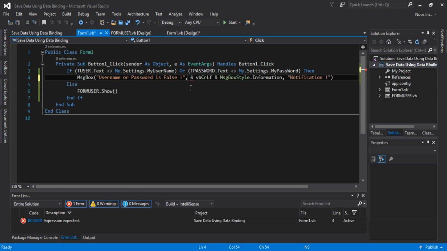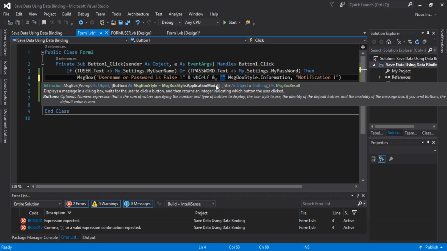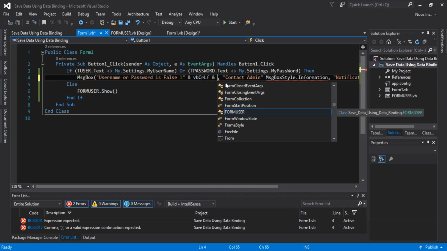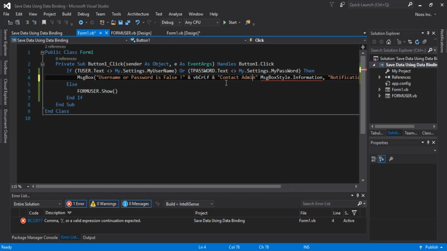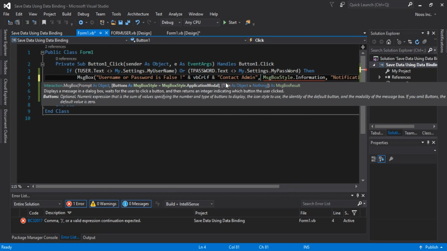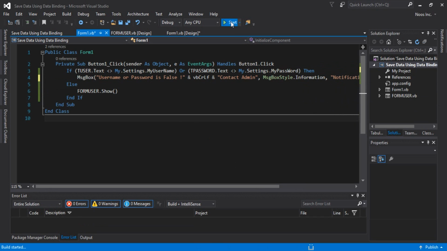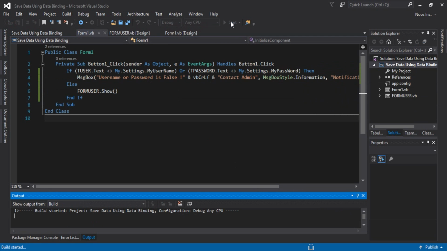Okay, in here. Oh yes, in this case I want to add string. I'm sorry guys. Contact admin. This vbCrLf is adding a new line, but I don't add string anymore because this is invalid or expected. Okay, so I start first and show the difference